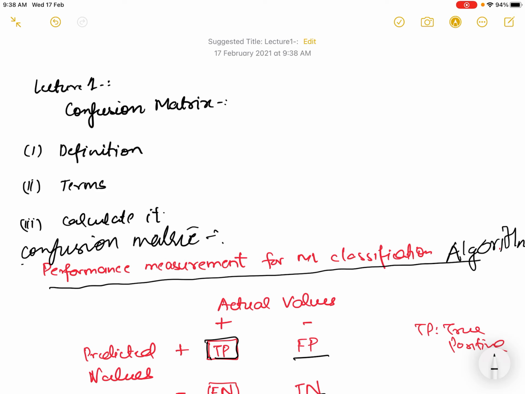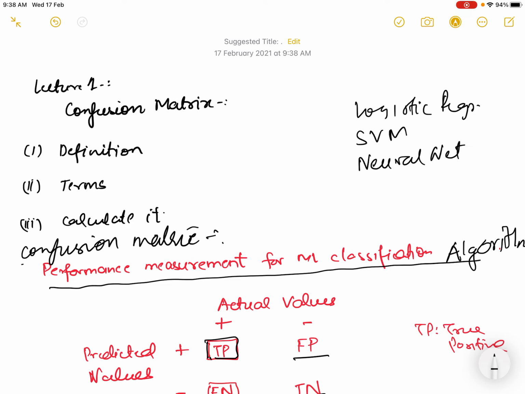There are different ML classification algorithms like logistic regression, then there is support vector machine, then there is neural network, then there is decision tree. These are different machine learning algorithms, and I'm telling you the most basic ones. Now using these algorithms you approach a problem to decide whether the output should be 0 or 1. Let us take an email spam detection problem, where you have been given different features of an email and, based on analysis, you have to predict whether it is spam or not.